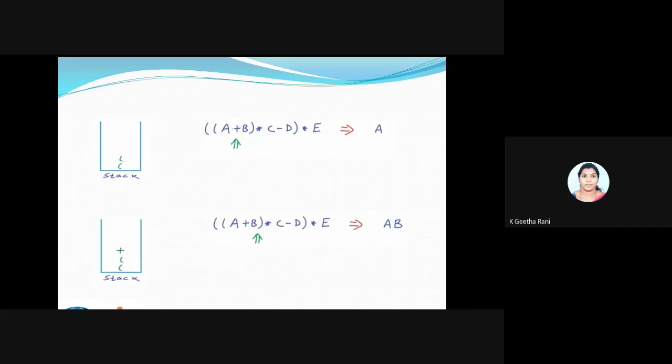Usually, if I'm having an operator here, I will compare it with the operators inside my stack. I'll go for higher priority, lower priority and so on, but in my stack I'm having a bracket. So if there is a bracket, I won't be going for a comparison at all.